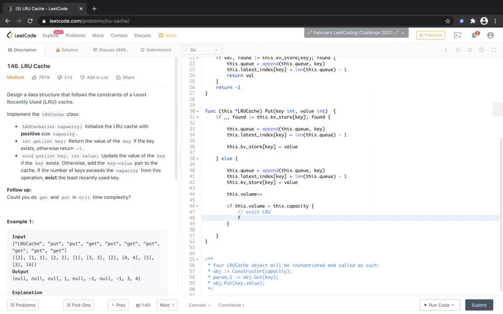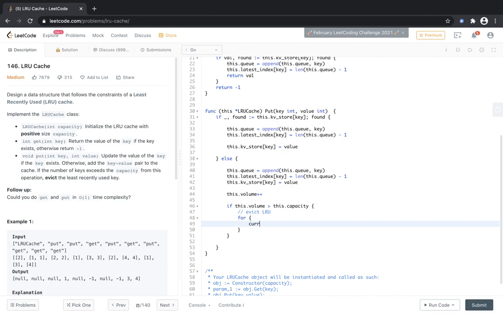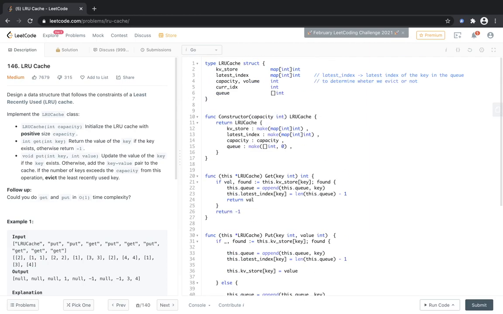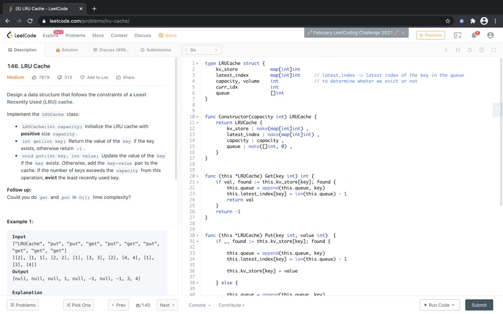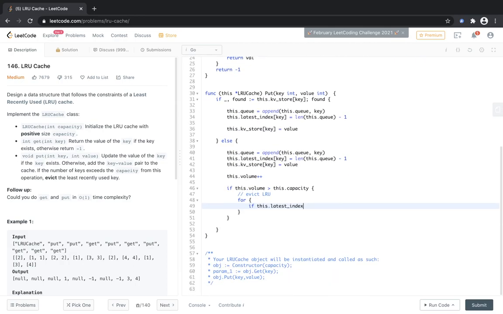So we run a while loop, and we are at the current index. So if this dot latest index, what is the index of the current value?